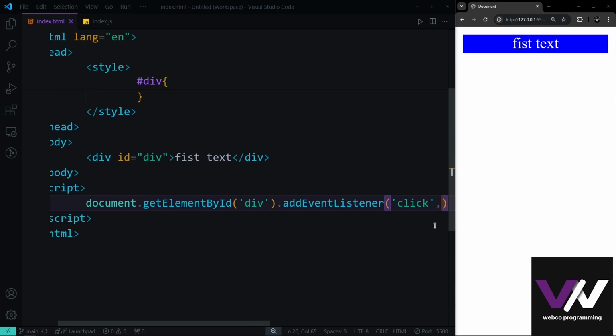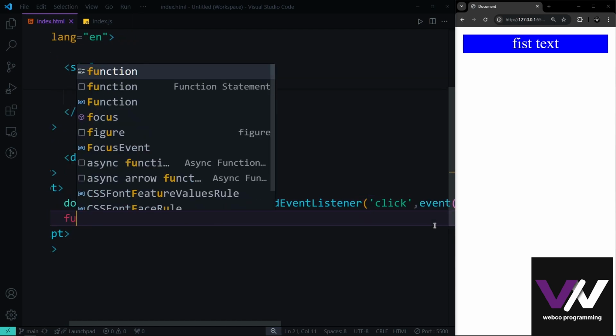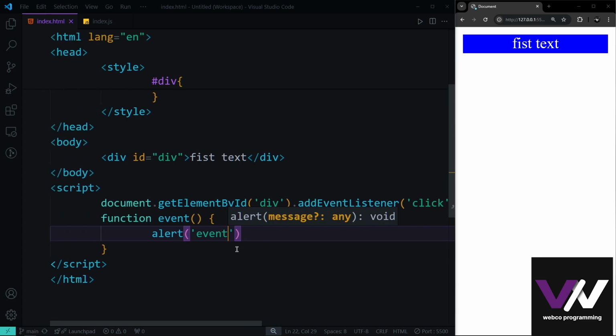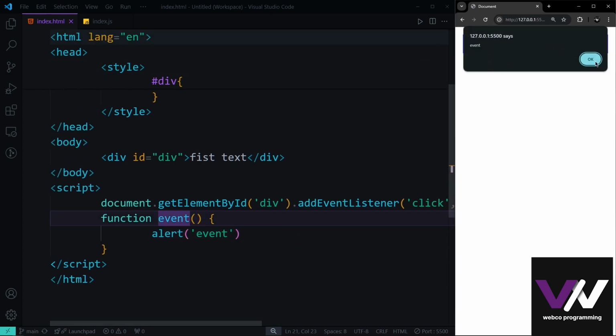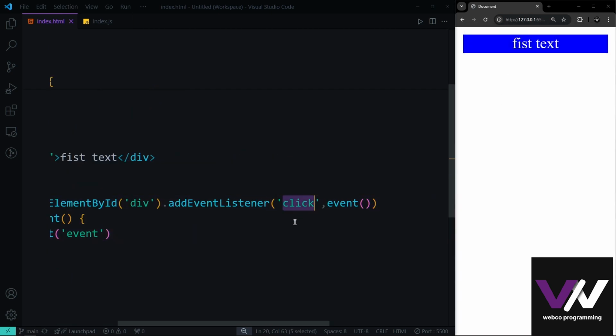we want the function of event. And here let's define our event. So this is going to be function event, no parameters, and let's alert the word event in this function. So whenever we click on this, you can see that we got this alert. And the same as this event, we have events of mouseover, mouseout, and other things that we talked